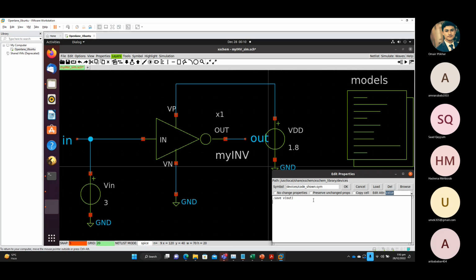And then we could even try maybe writing dot save all. Let's see what happens. Instead of writing dot save V of out, I write dot save all. So it should somehow save all the vectors for voltage and currents. Save all. Yeah, this should be the code shown. It's not save the out, it's save all. Okay, so we're saving everything. And next,